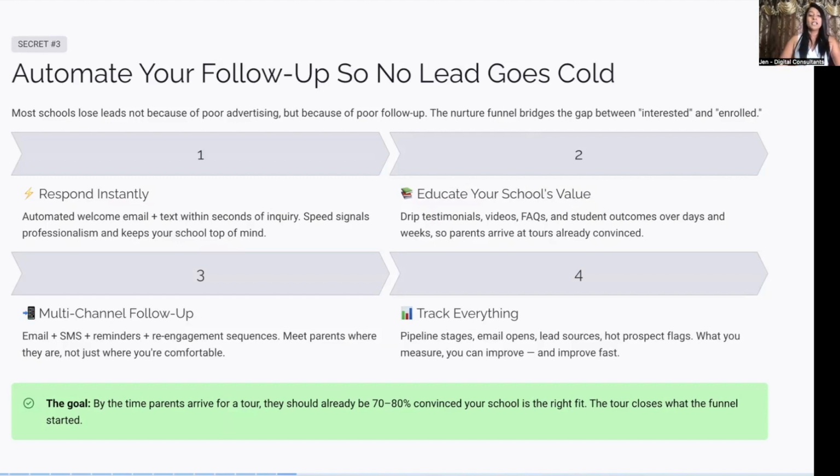For example, I don't mind the form, but I would highly recommend a tour booking where people can schedule it into your calendar. Many times for a school, for example, we sent them close to 280, 290 leads in that school year, but only 150 got booked into their calendar. So I was wondering what's going on here. They said that by the time they get back to the parent, the schedule has changed, or they already booked a tour with another school, because the other school has made it easy for them to book a tour. This is when we started really emphasizing the automation, and we started packaging that with our offer